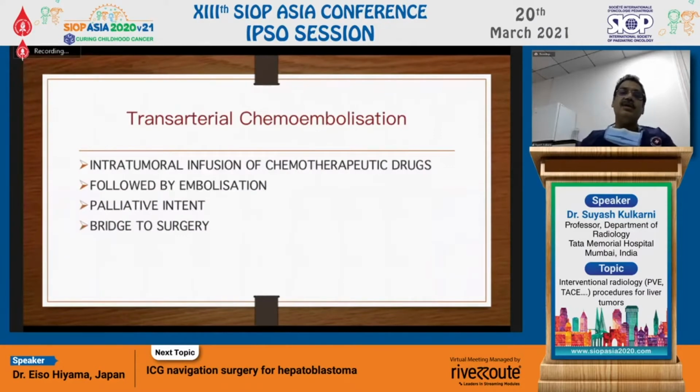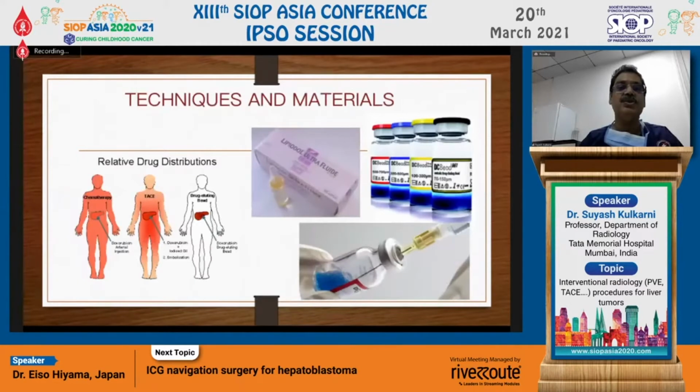Sometimes we do transarterial chemoembolization in a neoadjuvant setting, where essentially we access the vascularity of the tumor with superselective cannulation and infuse the chemotherapy so as to downstage the tumor as a bridge to surgery, or sometimes in a palliative setting. So essentially the chemotherapeutic agent is injected into the tumor bed itself. So the side effects of the chemotherapeutic agent are less, and we can give a high dose into the targeted tumor